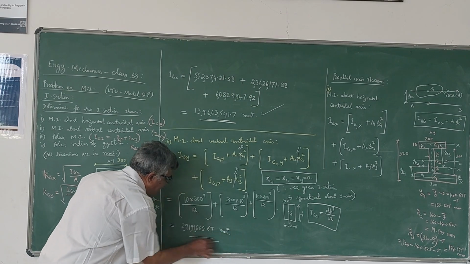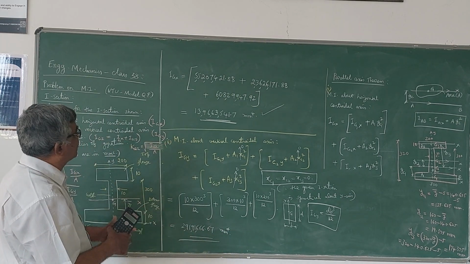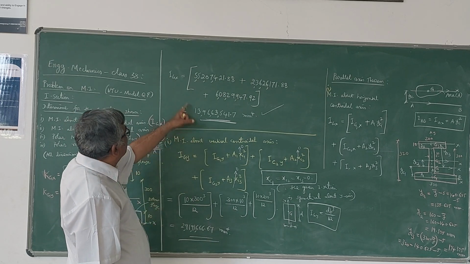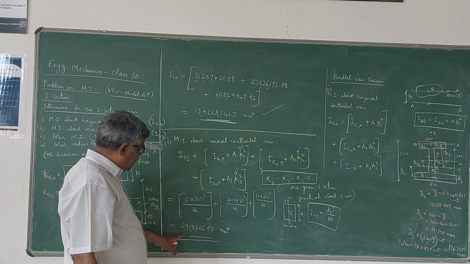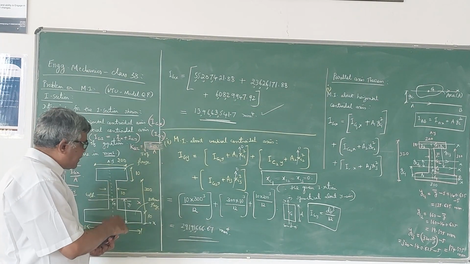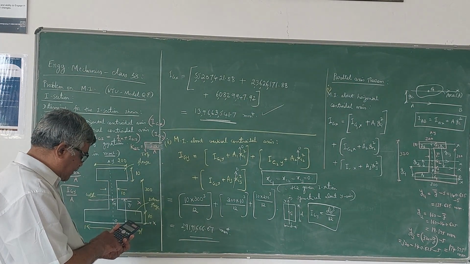You can observe the values and compare Igx and Igy. In this problem you can say Igx is very high compared to Igy. So here once again I will check the value: 10 into 300 cube,